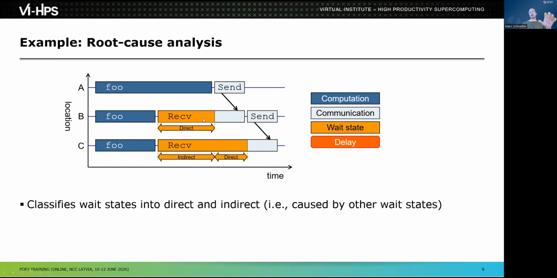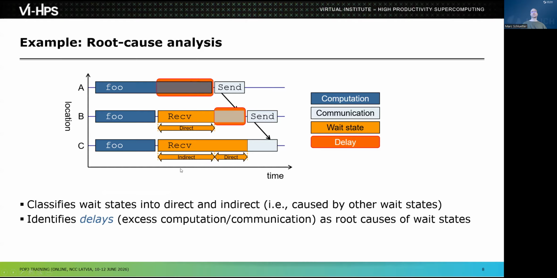concerned with the direct partner of your communication, in this case these two, and this is the direct communication, the direct wait state. In this communication the actual portion which is direct waiting time is just this bit, while the remaining waiting time is indirect waiting time inherited from the previous communication partners. And so you can calculate the delays that are basically the root cause for your actual communication problem,